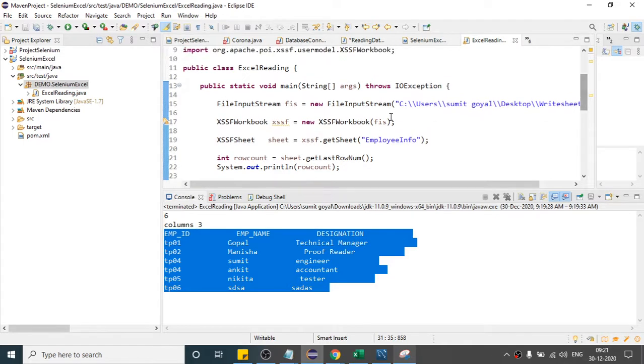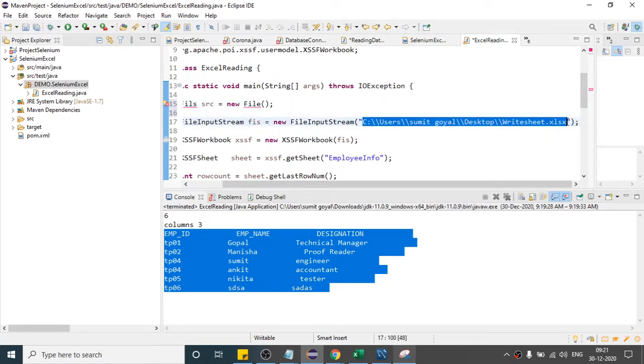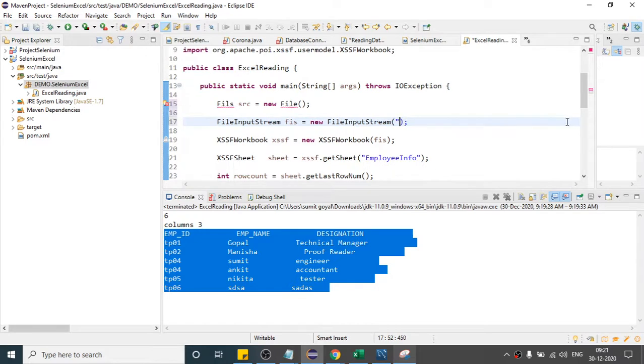So let me do one thing. Instead, you can also write this: if I write File, new File, and if I copy this from here and paste it here, you can also do it like this.